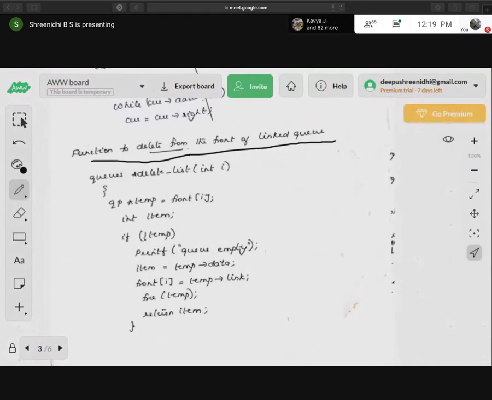So when data is not there, by default, when there are no nodes created in the linked queue, that will be written as empty queue. That is the underflow condition of the queue, right? So if not, item is equal to temp data. So when the queue is not empty,